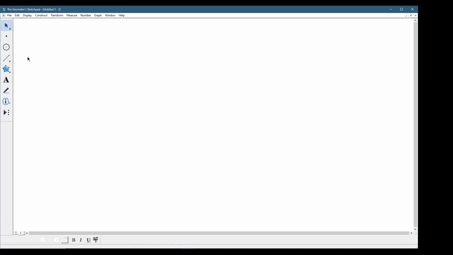First thing, we have the main toolbox. The main toolbox is on the left of the screen, and it has the arrow, then you have point, you can make points, and you can draw segments